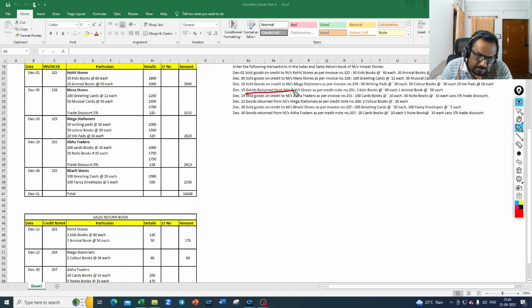Goods returned from Rohit Stores as per credit note number 201: 2 kids books, 60 rupees each, one animal book at 50 rupees each. See here, Rohit Stores, this has to be recorded in the sales return book. Rohit Stores we mentioned, date we mentioned, and credit note number they have given as 201, that has been recorded here. 2 kids books at 60 rupees, 60 into 2, 120, one animal book, 50 rupees, 50, put together 170. That has been recorded in the sales return book. Next